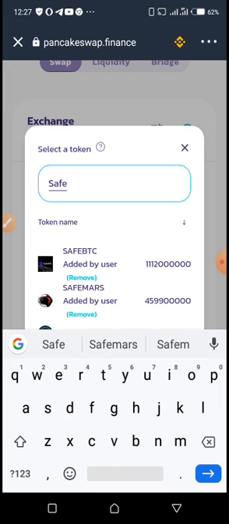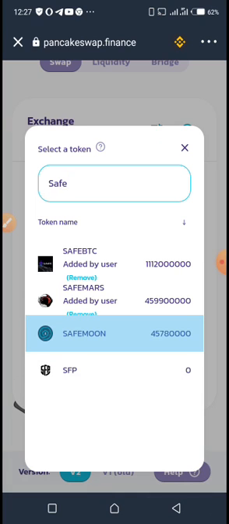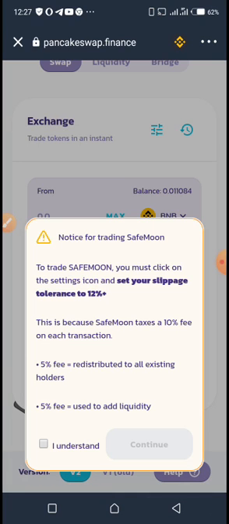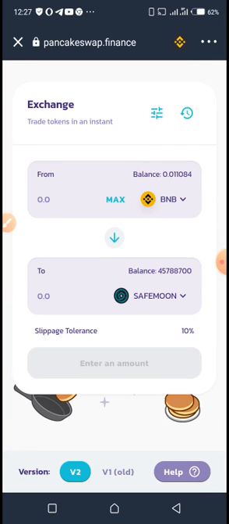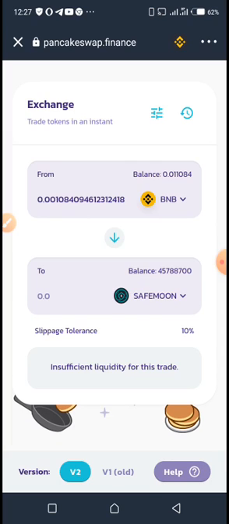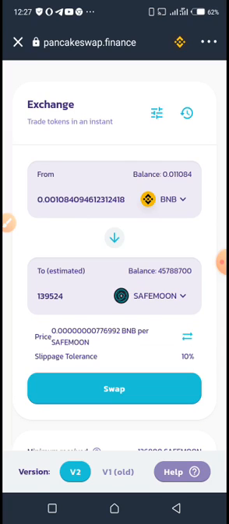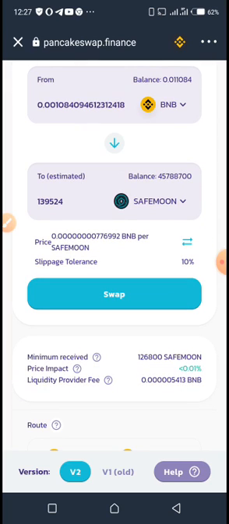If you scroll down, you click on safemoon. I understand, continue. Then after you're done with this, click on the amount you want to buy. I'm selling all. Then you click. What you have to do next is